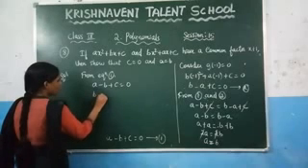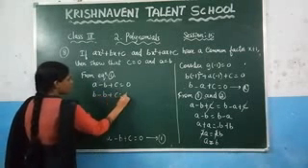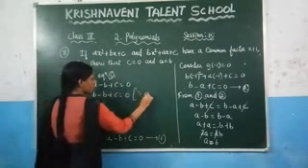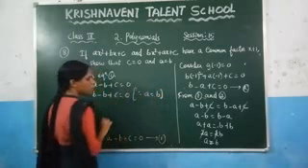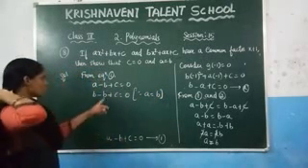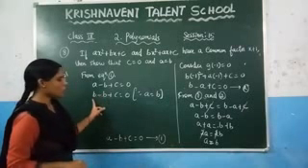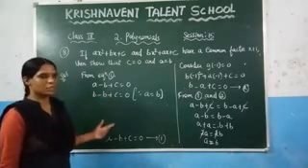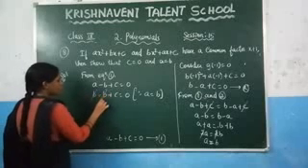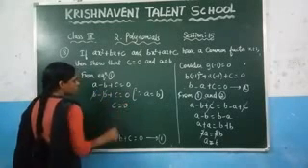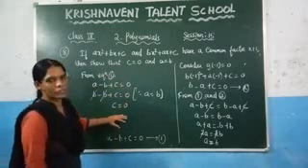So here b minus b plus c is equal to 0. Why? Because we have just proved here a is equal to b. For that reason, just in place of a we have substituted b. And you know that b and b will get cancelled because b minus b is 0. So these two will get cancelled. What is left out here? C is equal to 0. That is what we need to prove here.